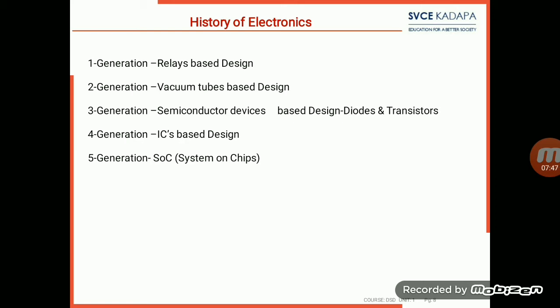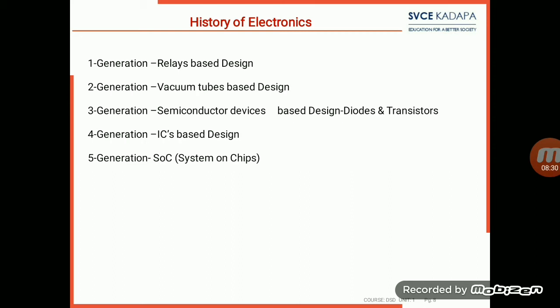So next, research and development went on to vacuum tubes. That is the second generation. In the second generation, all electronic equipment was designed. At the time of the second generation, there was no concept of ICs. Only vacuum tube based designs were possible. A vacuum tube is just like a pipe. One side is the cathode, another one is the anode. Whenever power supply is given to the cathode, it will generate electrons that are attracted to the anode side. So like that, we can operate the vacuum tube based on our requirement, either off condition or on condition.